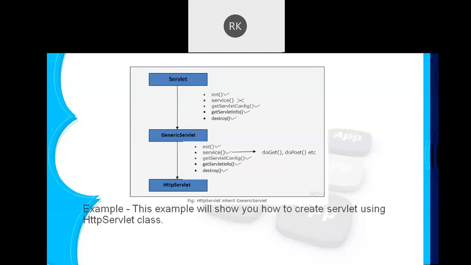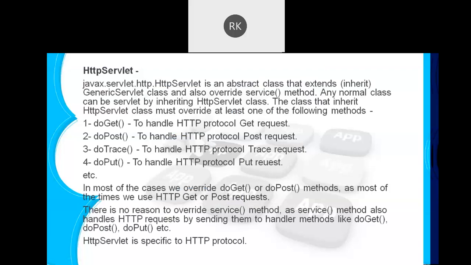As I told you yesterday, HTTP is having those 8 methods, like the get, post, put, update, delete type of thing. So in total, they are having the 8 methods, and corresponding to the method of the HTTP that you are going to use, here it will provide you the do method. Like if you are using the get method of the HTTP, then the doGet method will be executed from the servlet. If you are using the post method, then the doPost method will be executed, and so on, depending upon the request method that you have used.